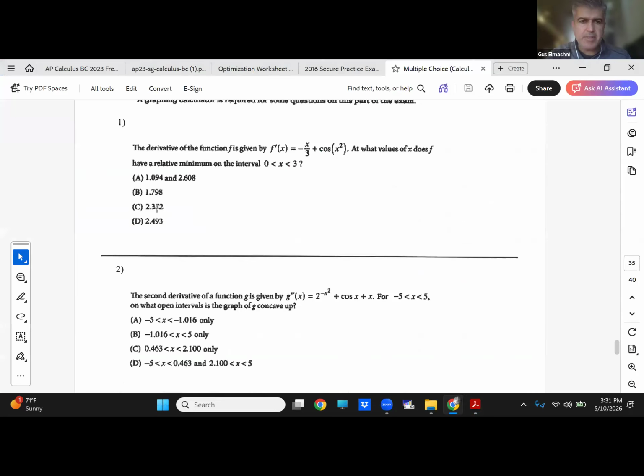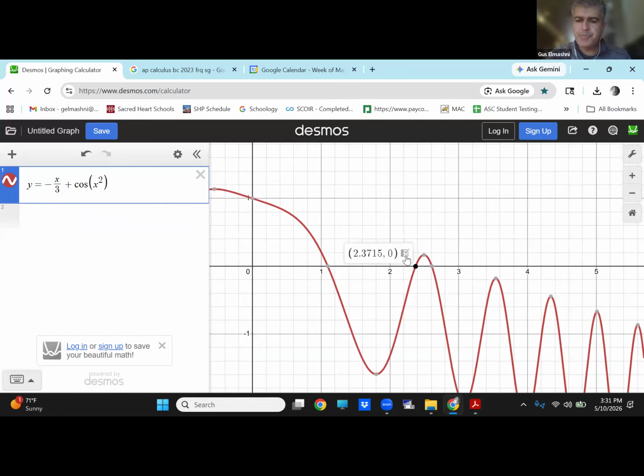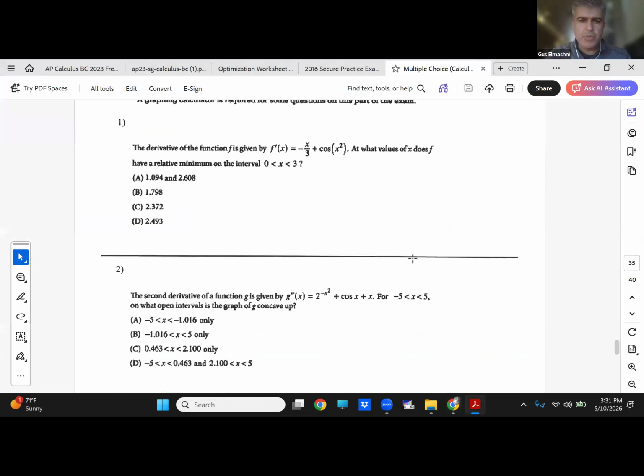Actually, it should be C for number one, because you want to go from negative to positive there. So it should only be C for number one. And for number two,